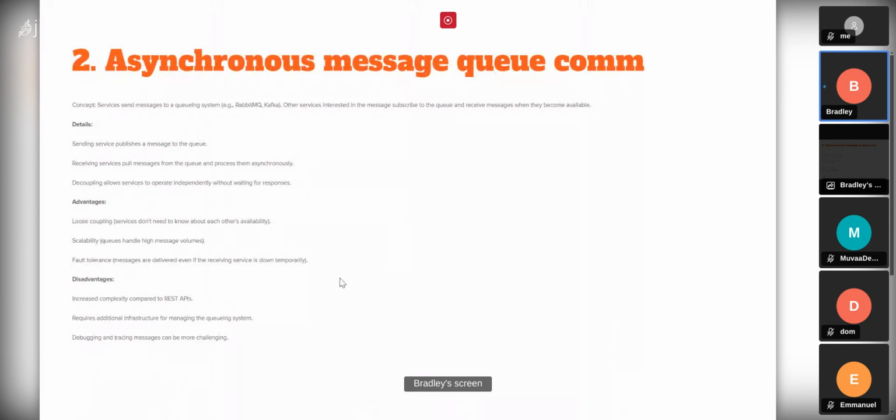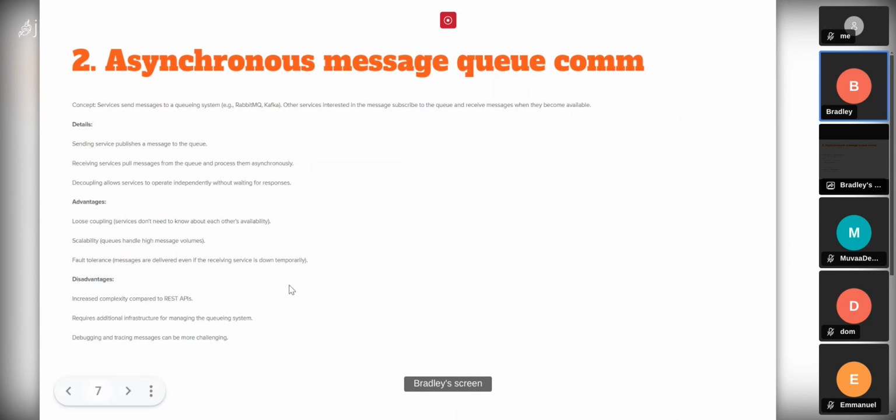Okay, and it is also fault tolerant. Just imagine you have one microservice and it goes down and you're waiting for information from it. It starts becoming a problem, right? So you can just spin up multiple services so that if this service is down, other services can still pick up that message from the queue that was created and continue to process it.